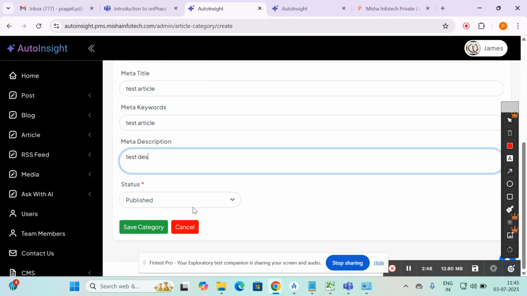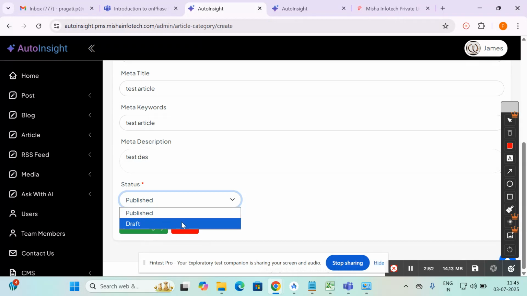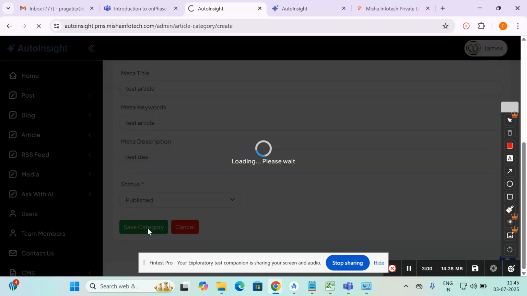Set the status published, or you can select draft. If you set as a draft, then it's not shown on the website. So let's save category.